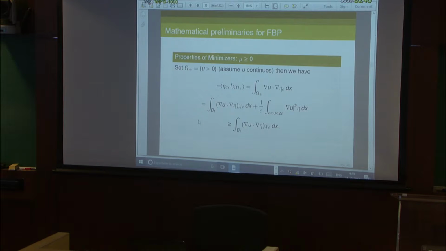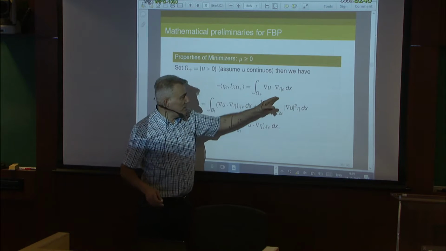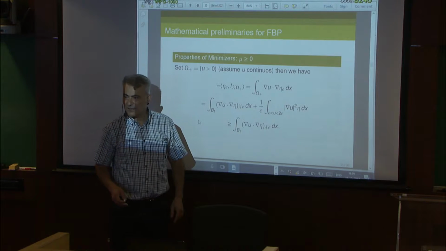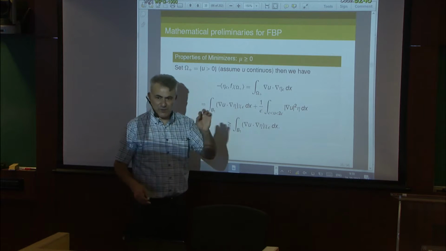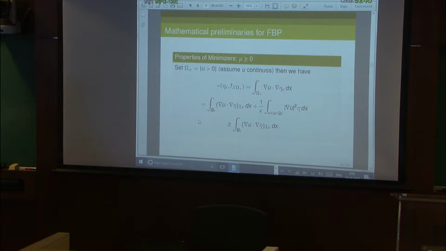So in the weak sense, it means that whenever you're applying a function phi and integrating like this, and that would be my phi, you're going to get back phi times f, basically. And now I'm choosing a very specific phi, which is related to the function u. And then I can do the analysis. Okay? So if this is so in the set where u is positive, it means that what you're going to get is on one side,